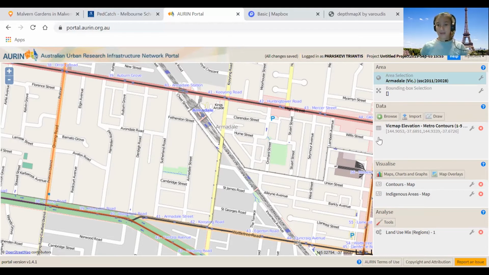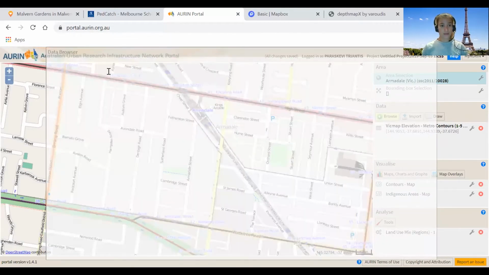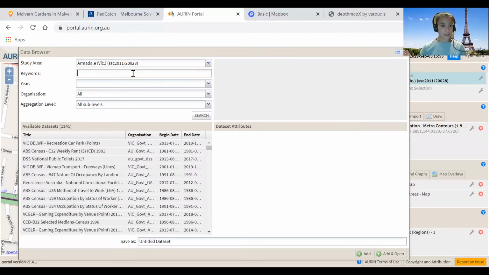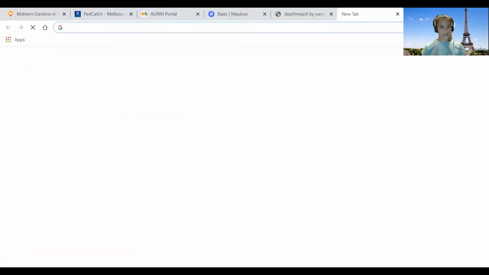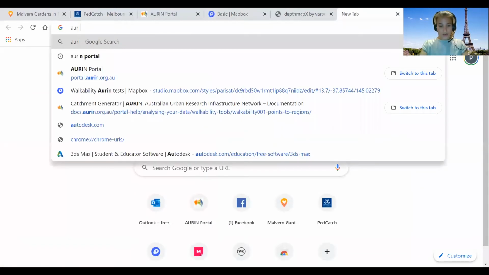So in the data panel here, if we click on Browse, we can now begin to browse Aurin's database. Now, in order to get data that we can use specifically for walkability, we need to be a bit specific with the data we're getting and the kind of keywords that we type in. Because Aurin's keywords are quite temperamental, what really helped me was looking at Aurin walkability